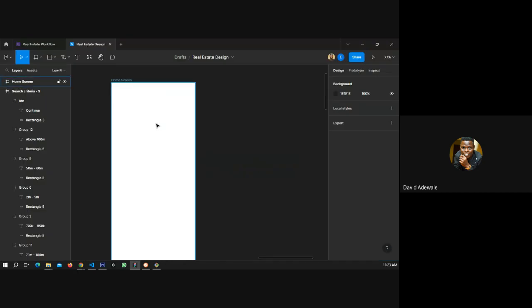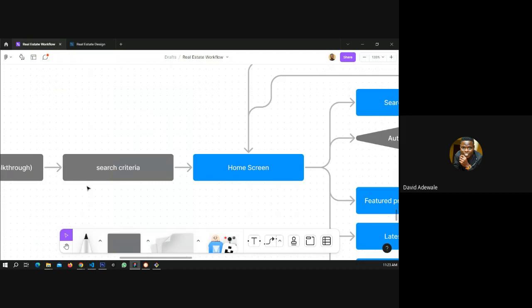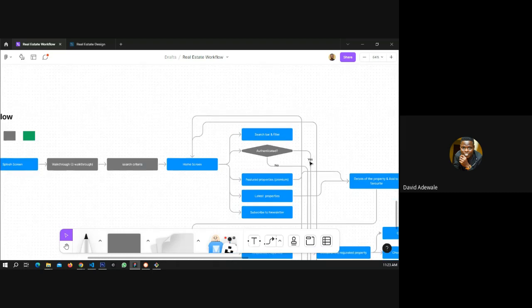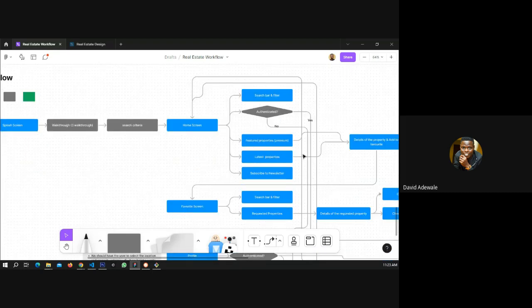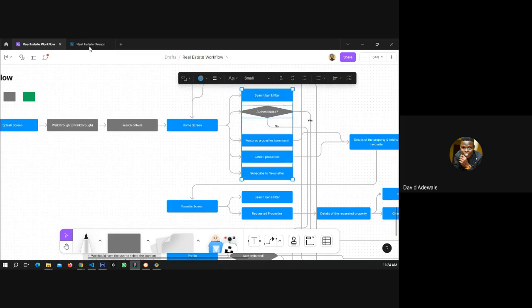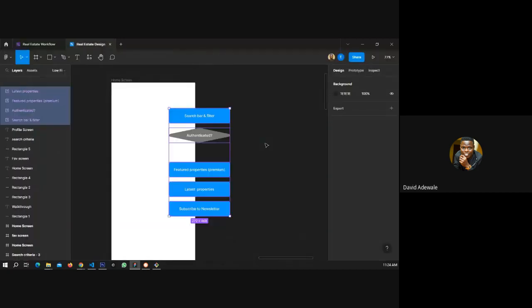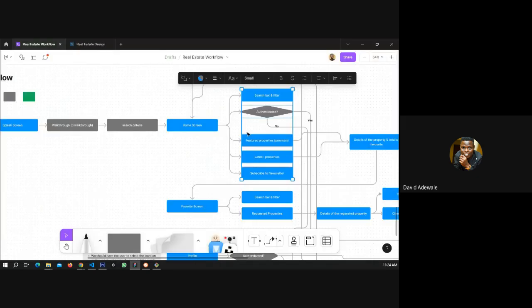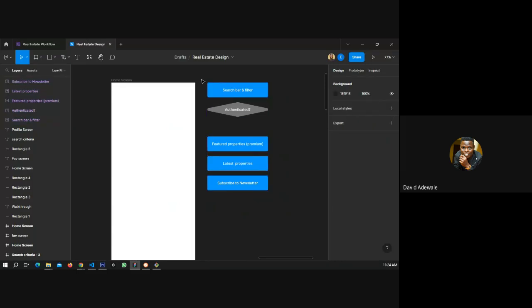And then remember, on that home screen, what are the things we said we're going to need? We will need a search bar, authenticated, that is whether we are authenticated or not, then featured properties. Let me copy them and paste them here, so it's coming as a component from Figma.